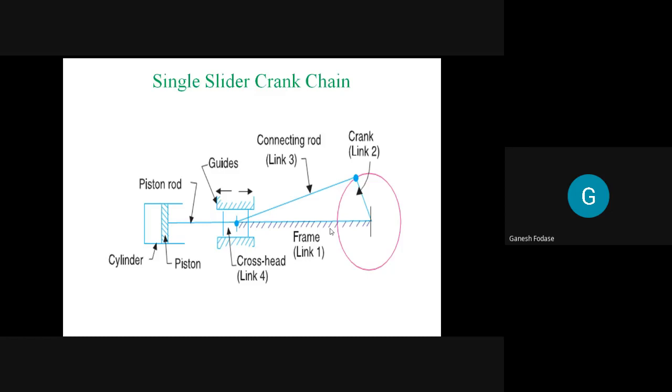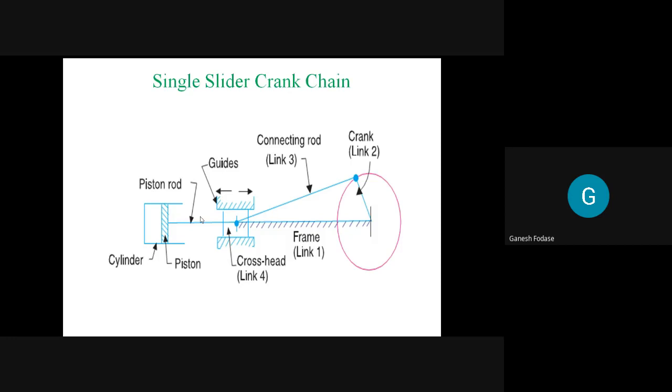The applications I told you: one is the IC engine, the other is compressors. Both are basically the same, but the difference is where the input is. In the case of an IC engine, the piston force is the input. Gas forces are there. Fuel is burnt on this side, and it applies some force to move this piston. When this piston is reciprocating, that reciprocating motion is transferred to this crank through the connecting rod, which makes this crank rotate about this fixed link. The reverse happens in the case of a compressor. When the crank rotates, the piston will reciprocate. So this is the first inversion of a single slider crank chain. Is it clear to all?